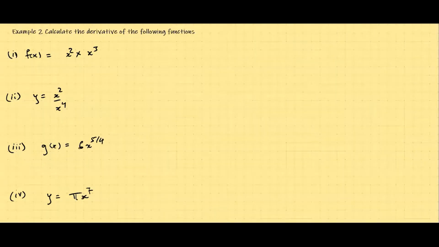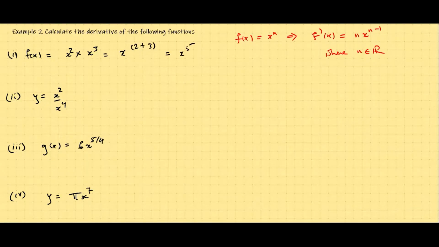So the second example, we have more functions, which are again polynomial type functions, and we will differentiate these quite directly. Again, we need to really just go back to the statement we had for the last example, which is that a standard polynomial x to the n can be differentiated to give you nx to the n minus 1, where of course n is any real number. So using again the statement in red, I can differentiate the first function directly, but I need it in an appropriate form. So let's combine the powers using laws of indices. So I get x to the 5 here,